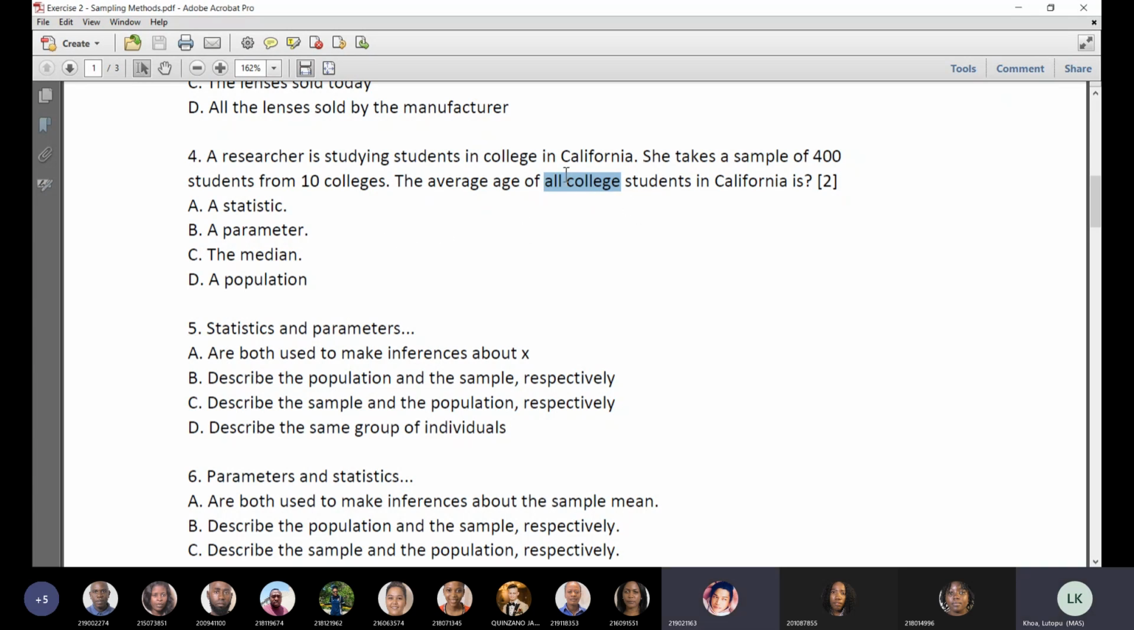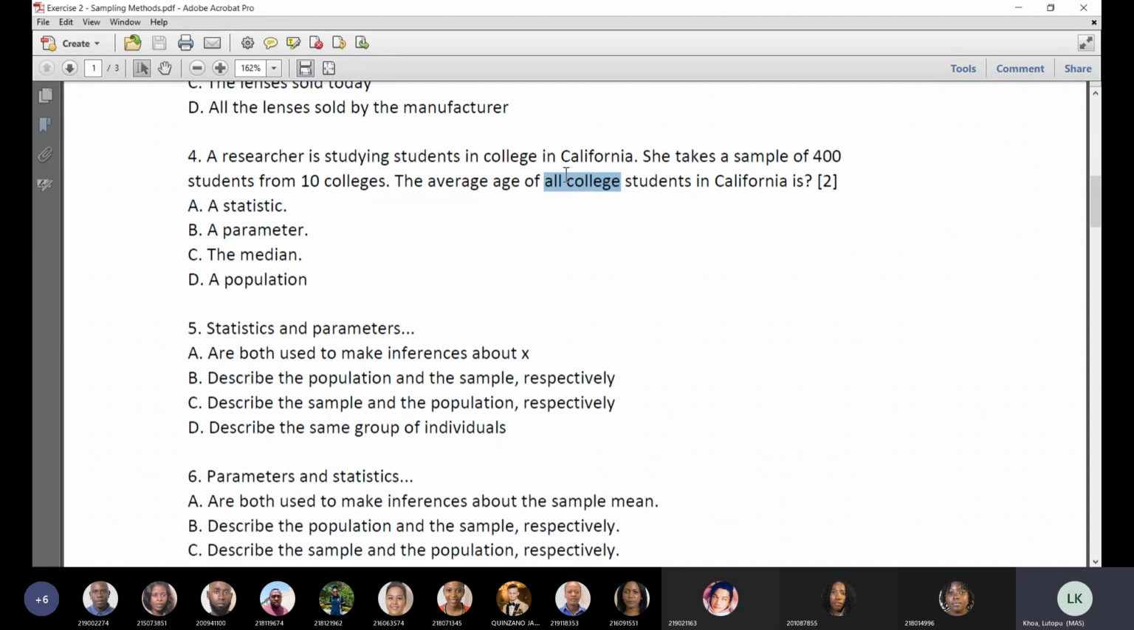Okay, so what we need to do. Yeah, go ahead. A researcher is studying students in college in California. She takes a sample, okay, of 400. Yep. Okay, that's just a sample. And the average age of all students. Okay, I'm confused with this one. Are they referring to all of the 400 or just no? Right. The question is saying the average age of all college students, is that